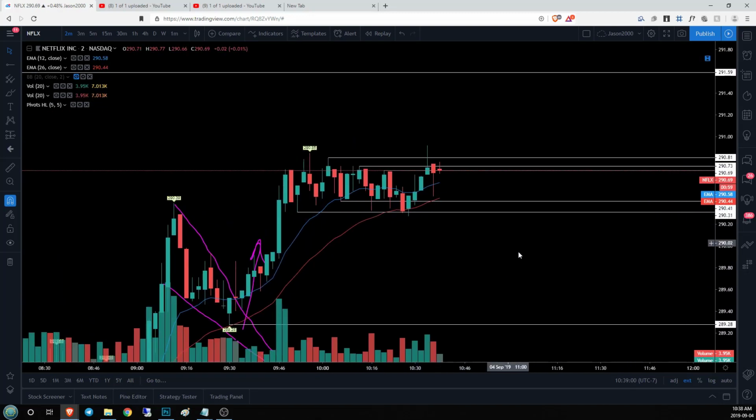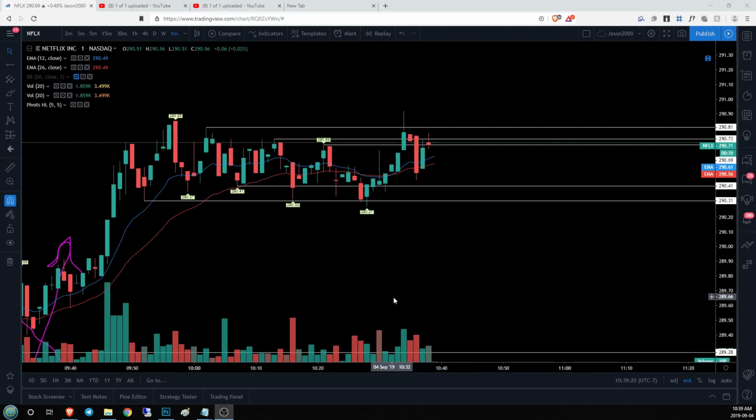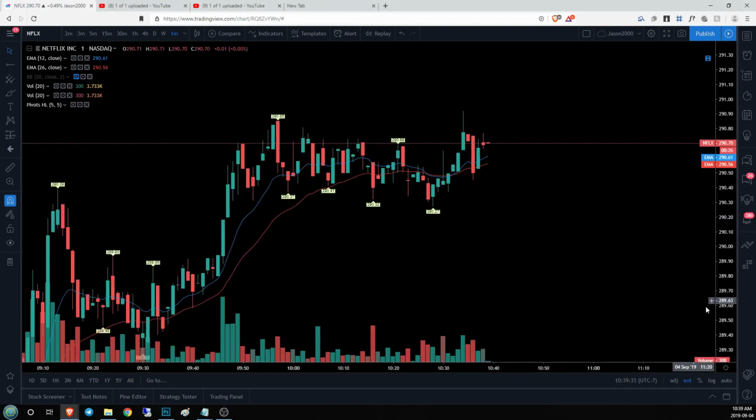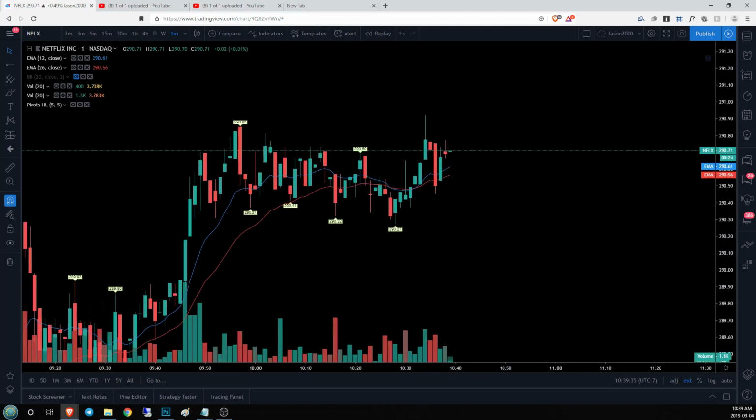We saw this loss of 290.31. We saw a little bit of a blip, and then bulls have answered back. Now we're seeing increased volatility. We need to see if we're going to get any clear signs of continuation. If we go to our 1 minute time frame, we can see some increasing volume, but bears just answered back in their own way after setting a new high. So this is just volatility, and this is chop. So again, we're going to clear our charts, and we're going to wait for something substantial, something clear to give us an indication of overall direction.